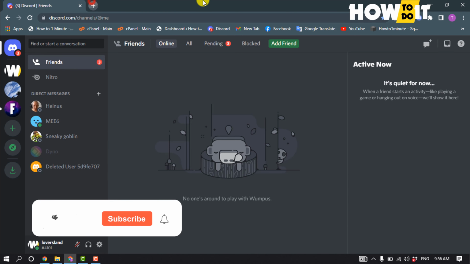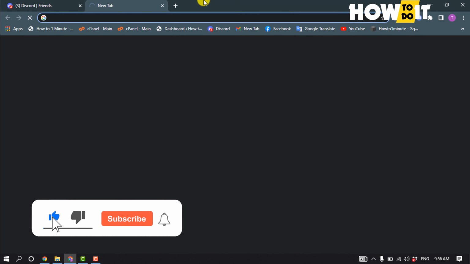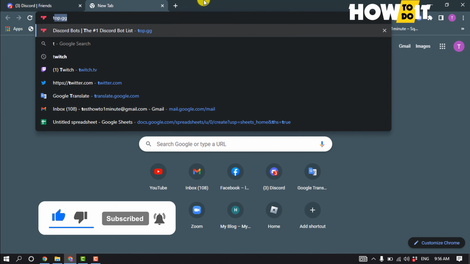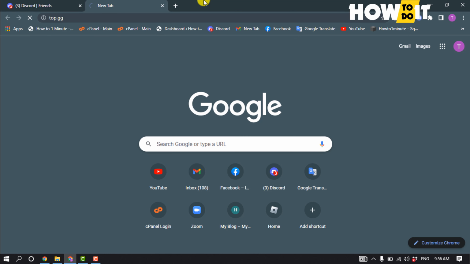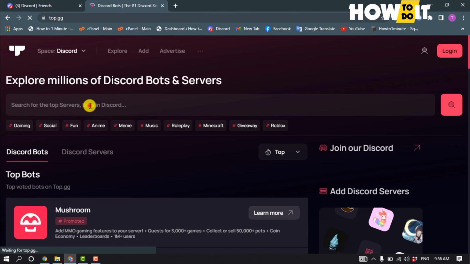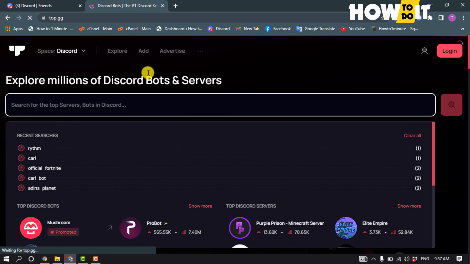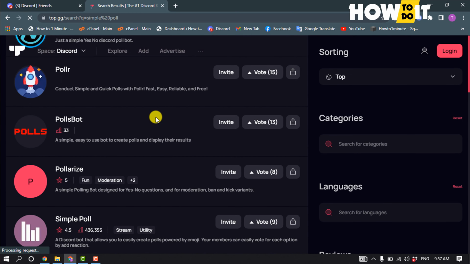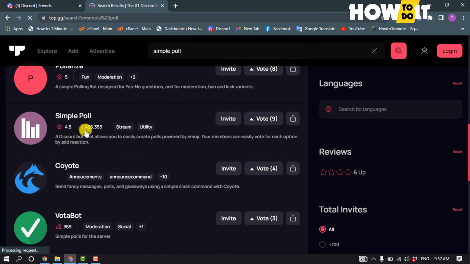So open a browser and open this website, top.gg, and search here simple poll. Scroll down and here you'll find this simple poll bot. Click on invite